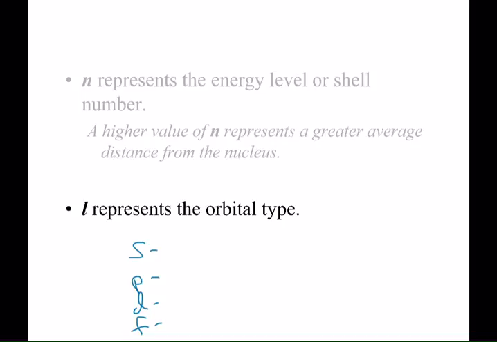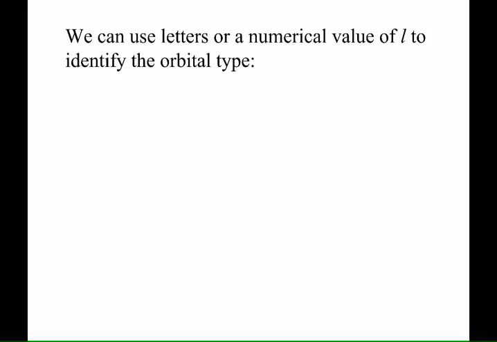As it turns out, there is a corresponding value for those subshell types. If you have an orbital type that is an S, it has a numeric L value of 0. Not so surprising, and it goes up from there. P has an L value of 1, D has an L value of 2, and F has an L value